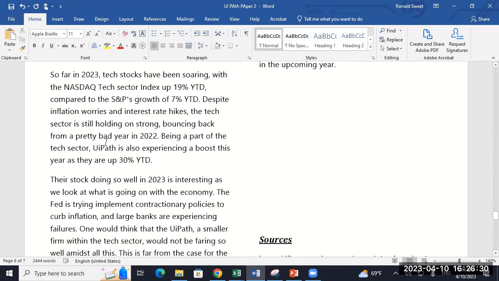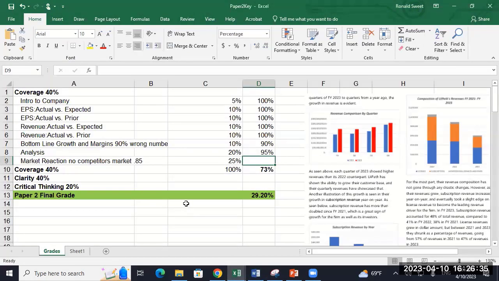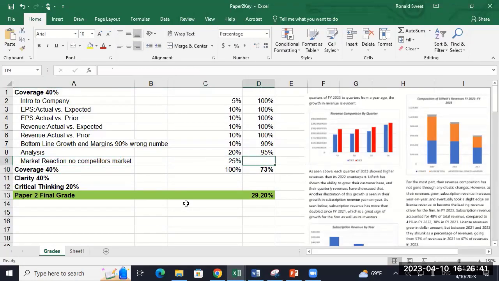All right. So on the market reaction, some of the things I look for. First of all, there's got to be some graphs in there. I need to see a graph. You always want to see a graph. I try to give them a 90 to 95. What I look for here is students finding other things to bring in,